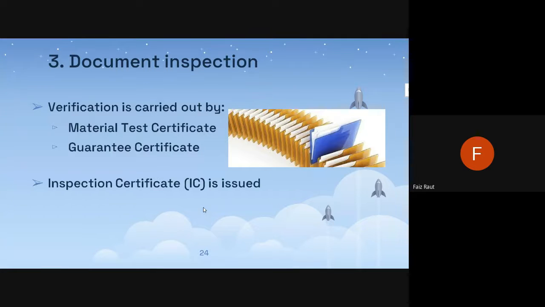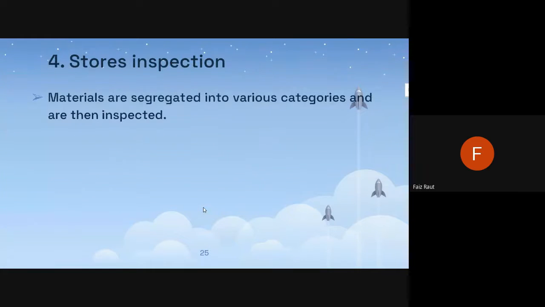Then after that, we'll get an inspection certificate. So many times you will find a tag of OK written on the boxes of some products. That means the product is fine and it has all the inspection certificates. It got the certificate. The product is fine. Then finally we'll do a stores inspection. In stores inspection we'll segregate the materials. All the materials will be separated,